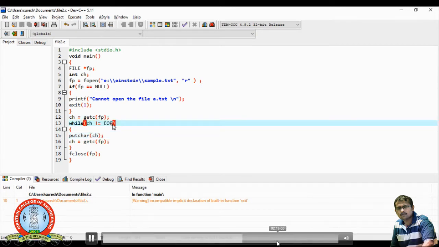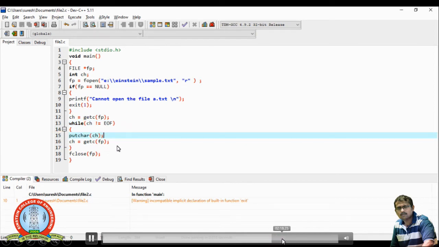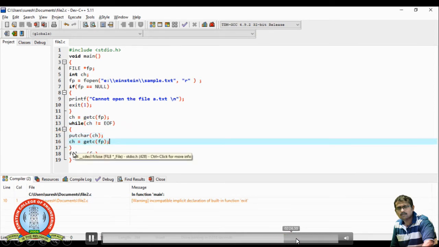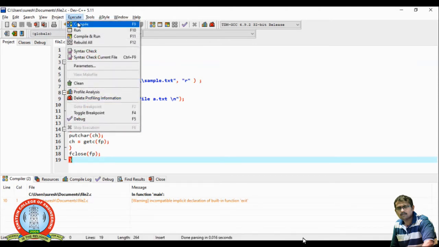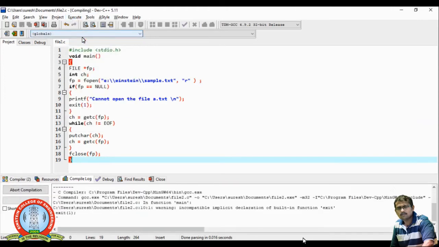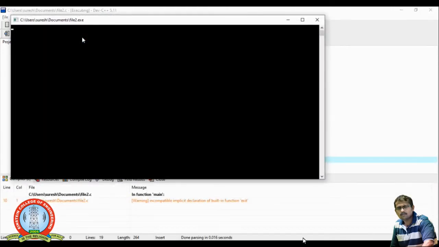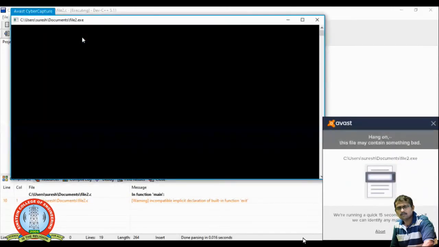Now let us try to execute this program and see how it executes. I am going to compile and run this program. Now let us see the output of this program.